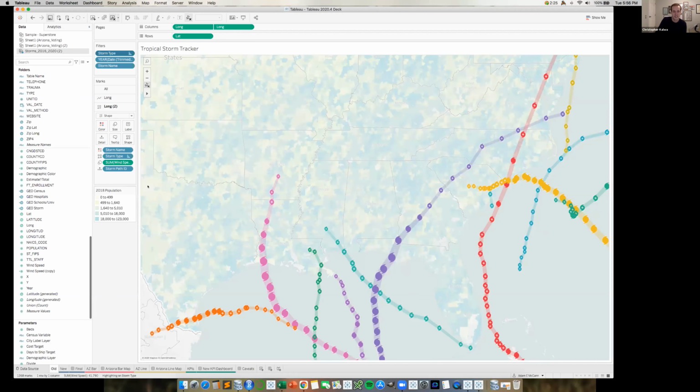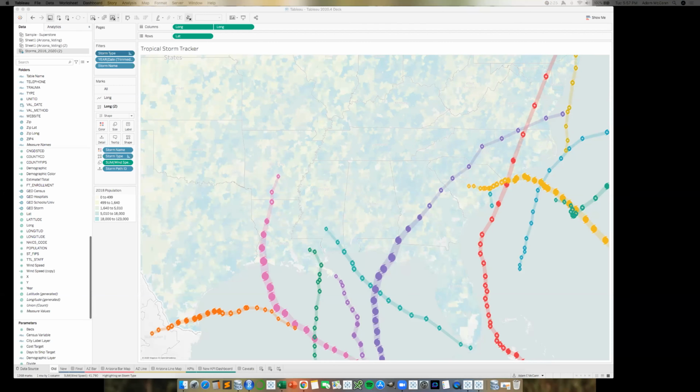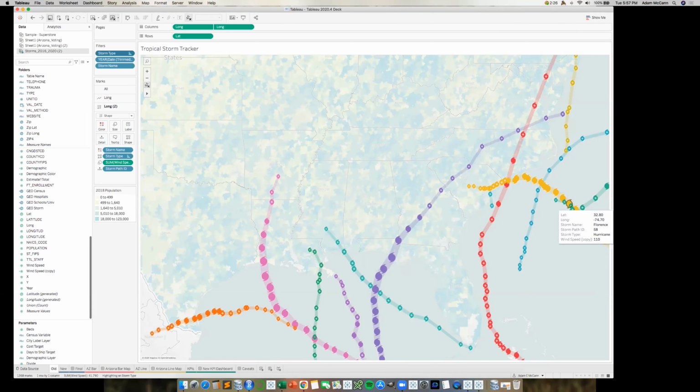Cool. All right, so hey, everyone, I'm going to run through this quickly. My name is Adam McCann, and I'm head of analytics at a startup here in New York called Kimi. What I'm going to walk through today is a new feature in Tableau 2020.4, which is in beta, about layering. It's probably the feature that's been released that I'm most excited about, and I've been using Tableau for an embarrassingly long time, like 8-9 years. I'll walk you through how you can use it for its intended use case, which is to add multiple map layers, as well as some other use cases.